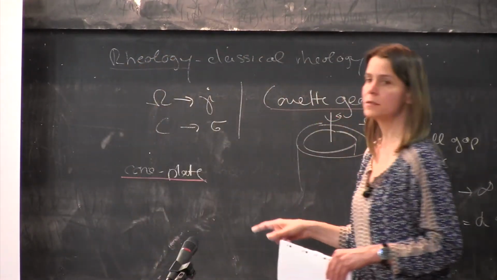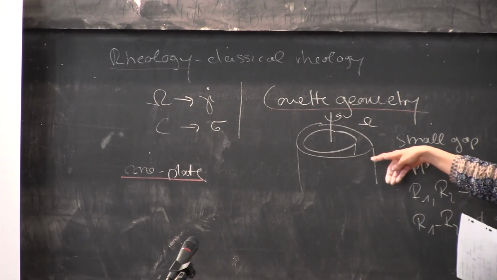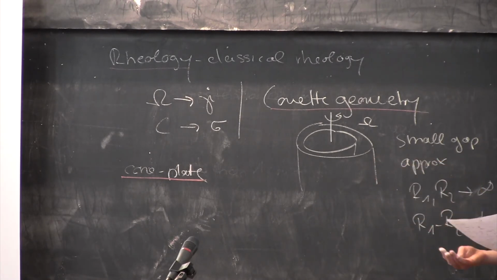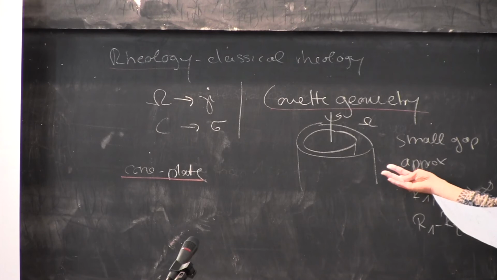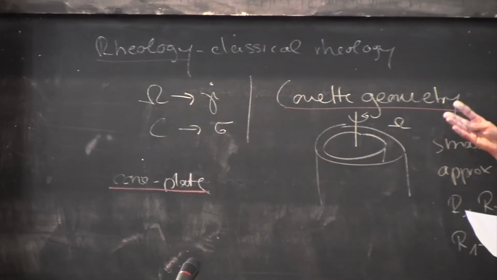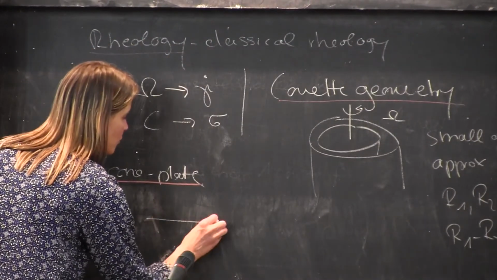So the cone plate is also a geometry where you can have a constant shear rate, because one of the advantages, the big advantage of the quad geometry, is that the shear rate is constant. You're in the situation of a simple shear, so even if you have non-Newtonian fluids, you don't need to worry about what happens with them, because there's only one shear rate imposed in there. And actually the same happens for the cone plate geometry,